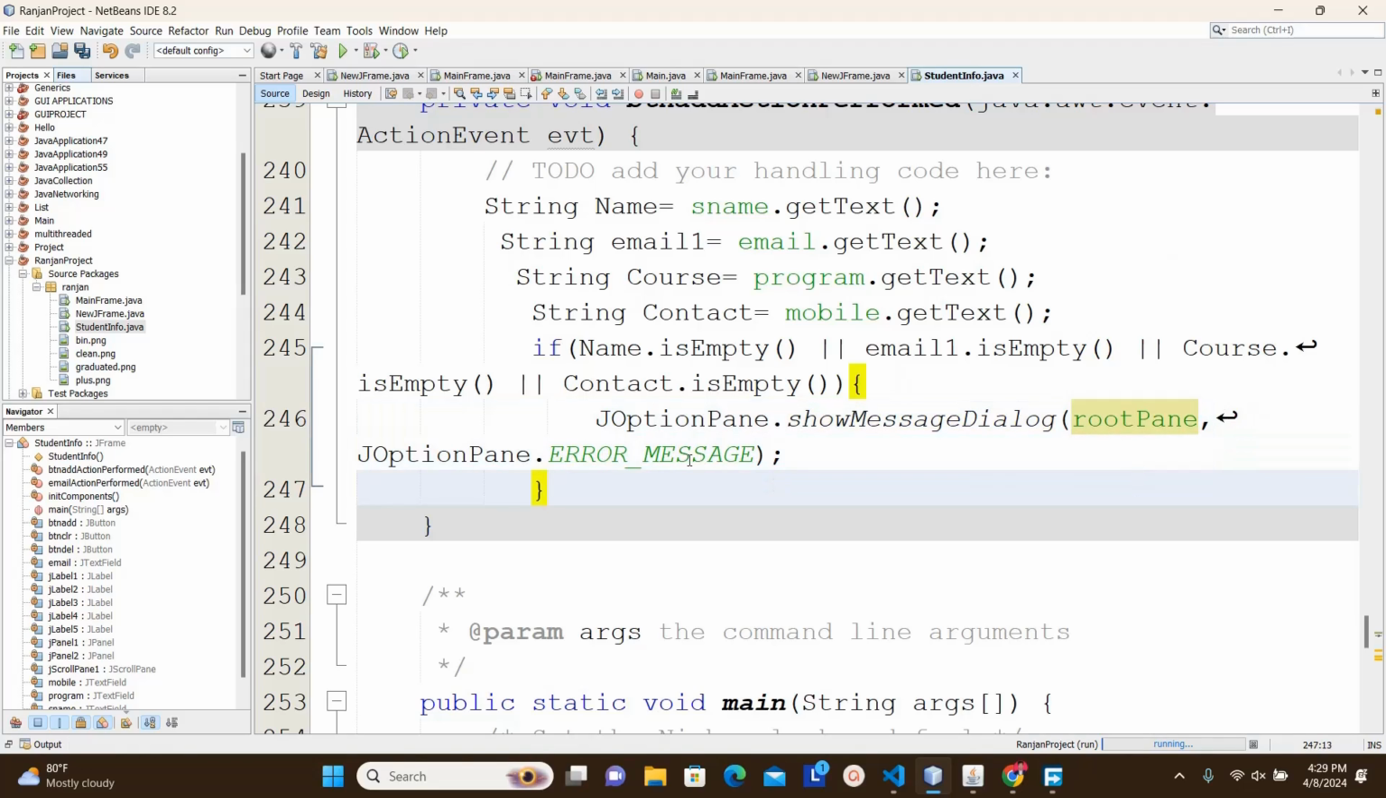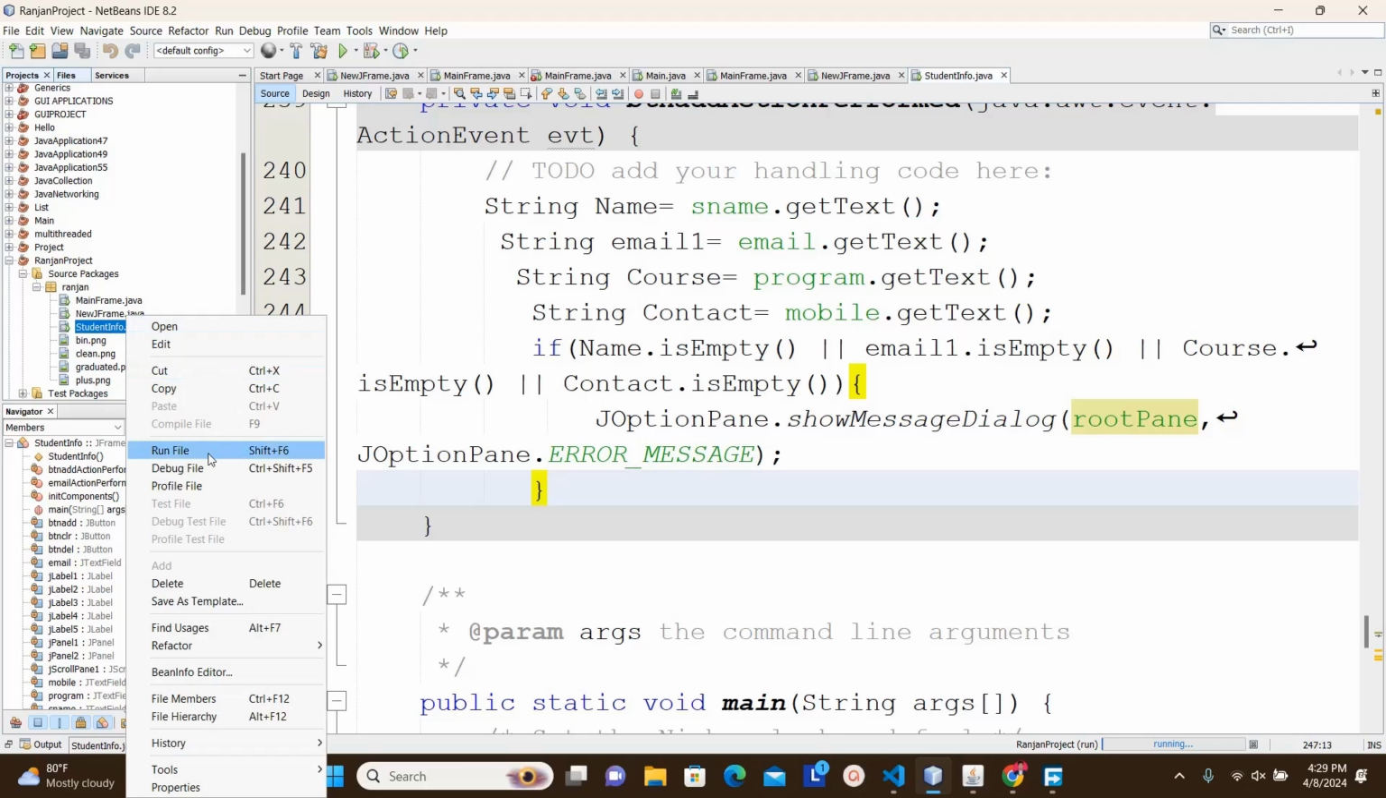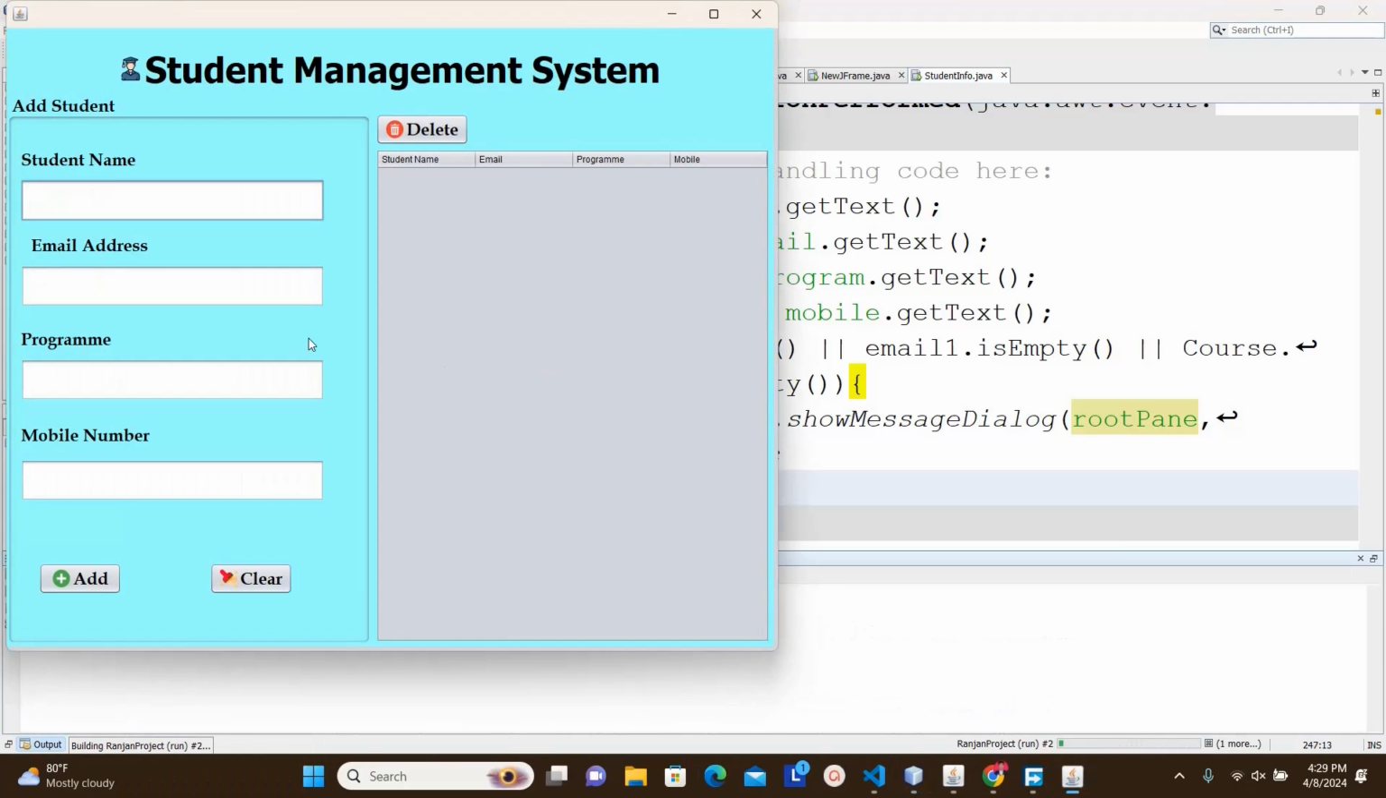Because this error message in this case will highlight the field that is missing. So when I save this one, let me go back and run to show you what I mean. Let's say I'm going to enter Ranjan, and then some email address, program IT, mobile number, something like this. Let's say I'm not entering anything else. When I click add,